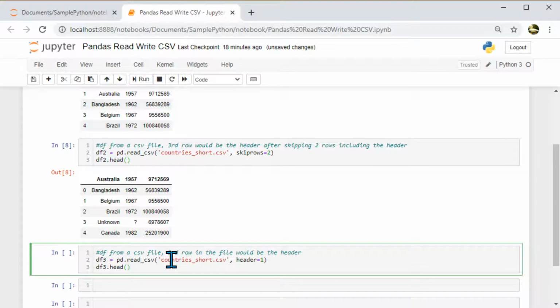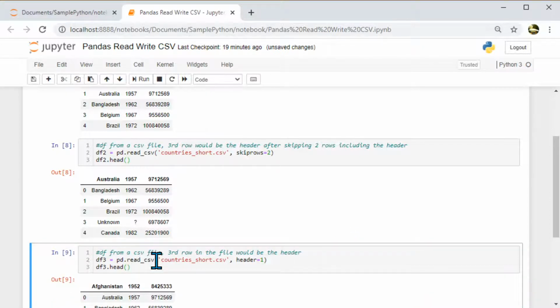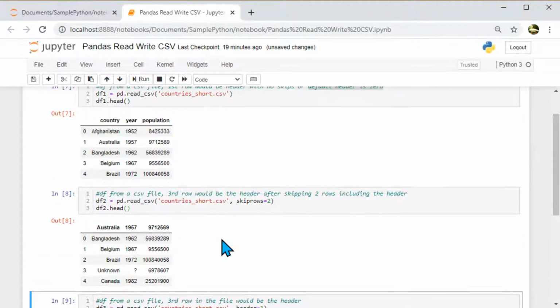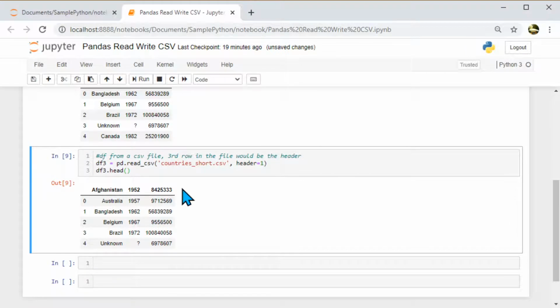If you notice here, I am saying my header instead of 0, by default, my header is 1, and if I execute a statement like this, it's skipping the first row in the file, and it's showing like this, where my header is the line after the topmost line, and it shows Afghanistan as my header because I forced header equal to 1.